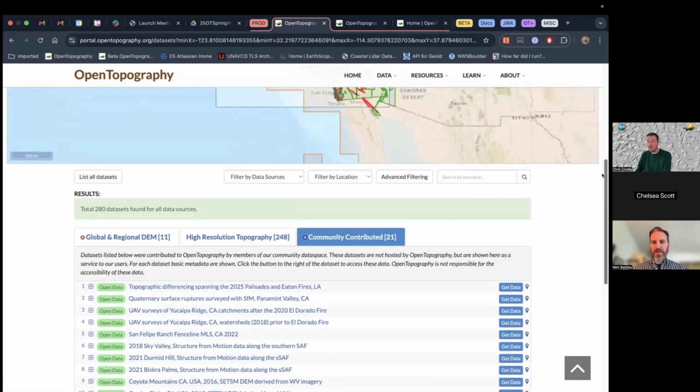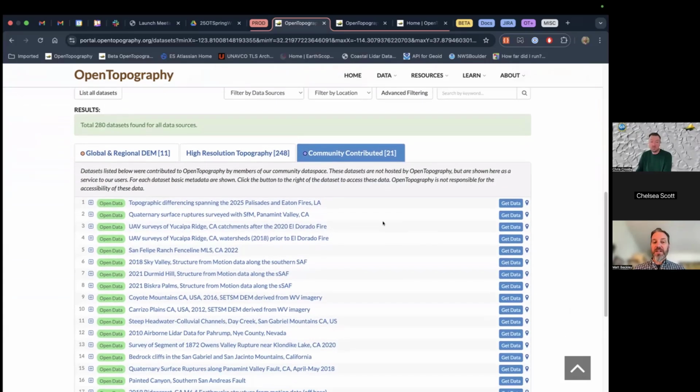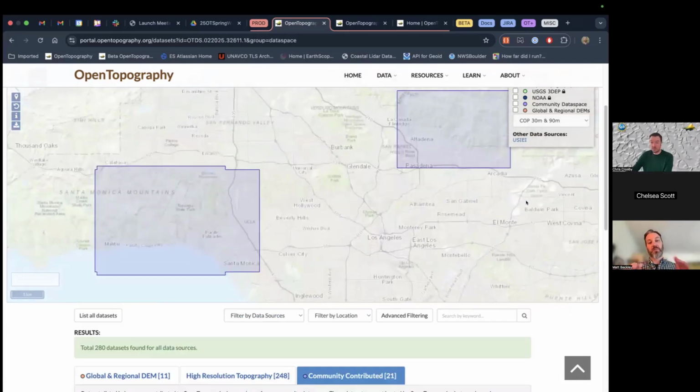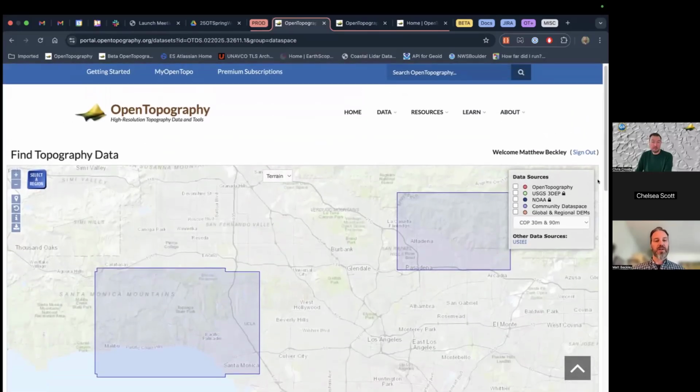One last thing with the find data map is we're starting to get in a very data-rich atmosphere, and so we're having more and more data sets, which is a good thing, but sometimes the map can be very cluttered. So if there's ever a data set that you're interested in, like let's say you wanted to see this Eaton Fire data set, there's this little pin to the right, and if you click on that, it will isolate just that data set. So you can see the spatial bounds of just the data set you're interested in, just to remove it from the noise of all the other data sets that might be on the map. So that is the find data map in a nutshell.